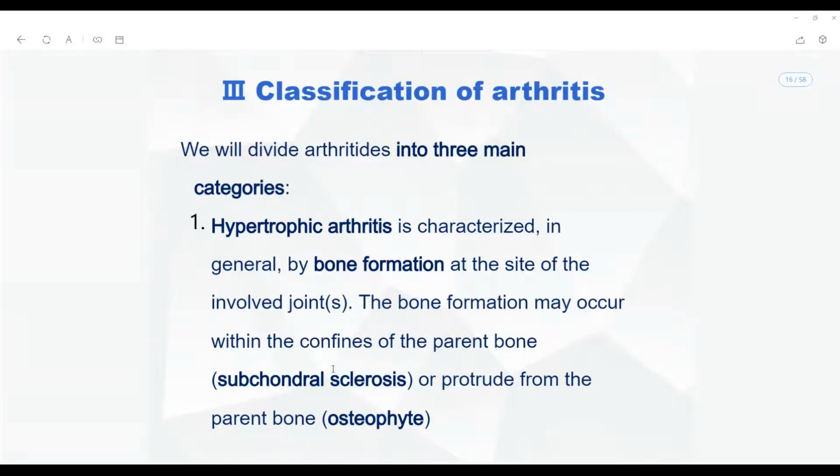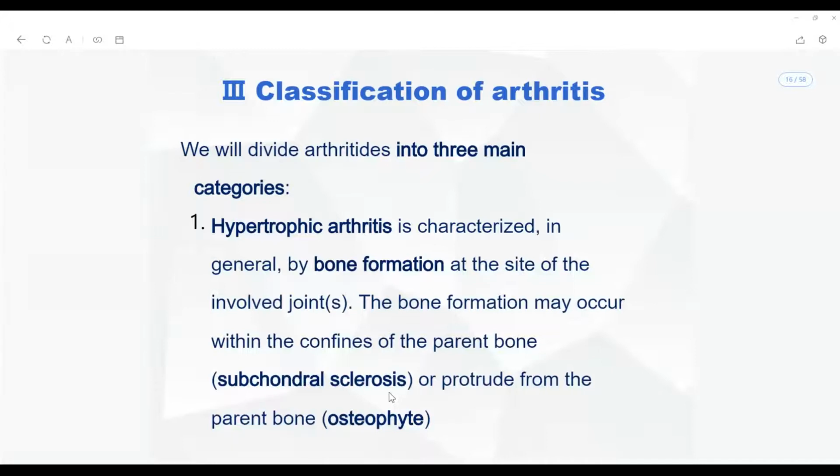may occur within the confines of the parent bone, which shows that the bone under stress is going to have increased density, which can be seen as subchondral sclerosis. Wherever the articular surface is under stress, the bone immediately above it is called the subchondral bone, and there will be increased density of that area, which is called subchondral sclerosis. And sometimes there is a lot of friction and